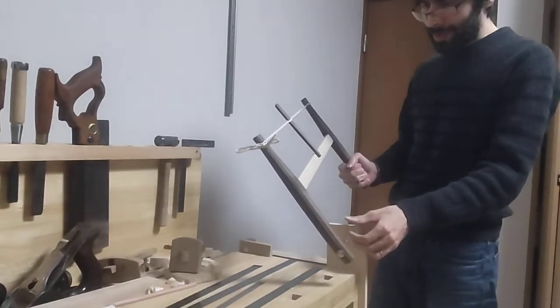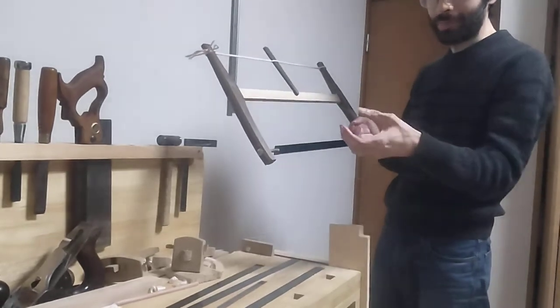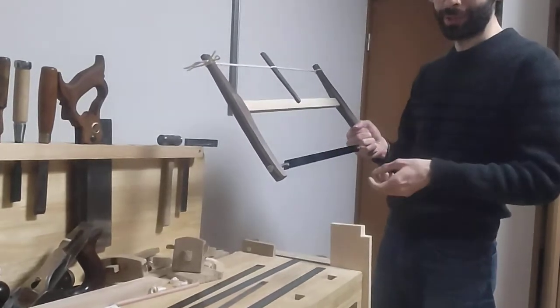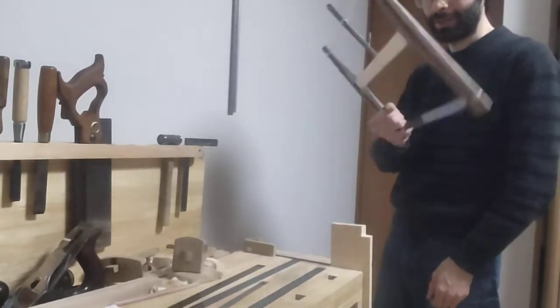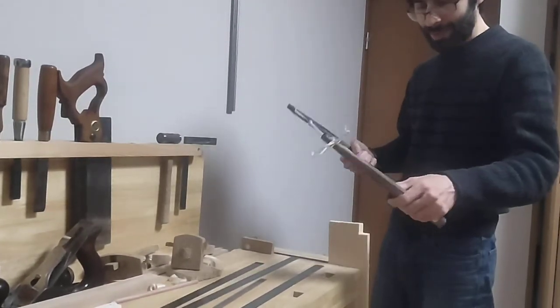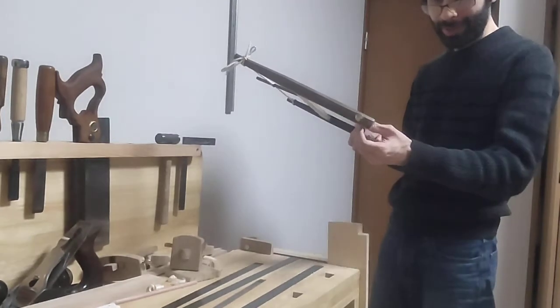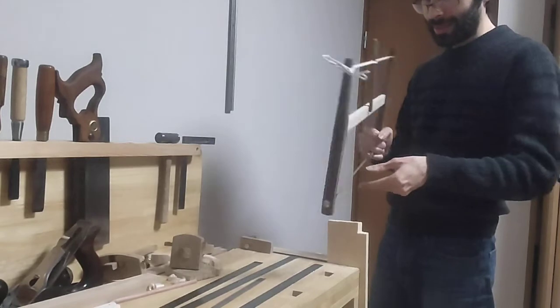So let's see. Of course, you can put a narrower blade in here. Just buy a narrow bandsaw blade, maybe like a 1/4 inch. And you can use it to cut, like a jigsaw to cut curves, like a coping saw. You can make a crosscut blade to put in here, and